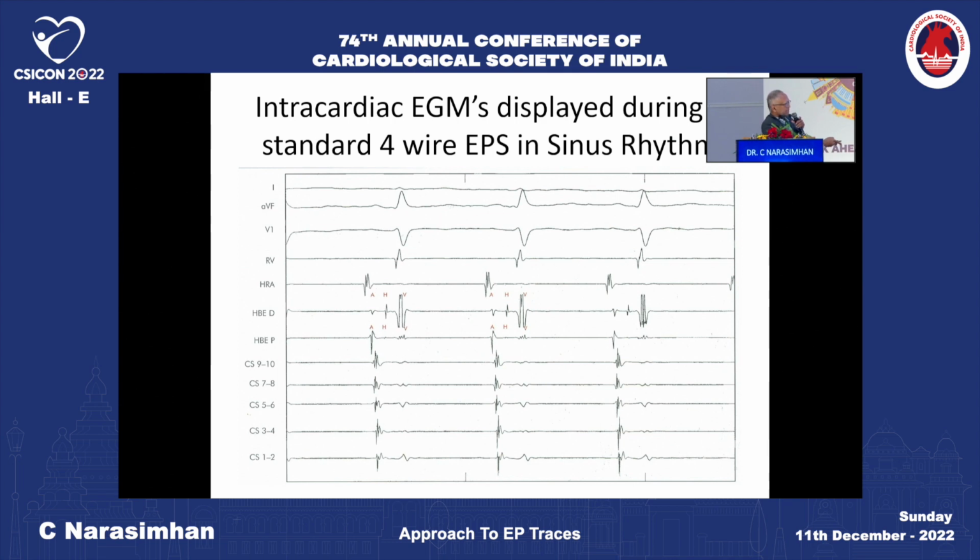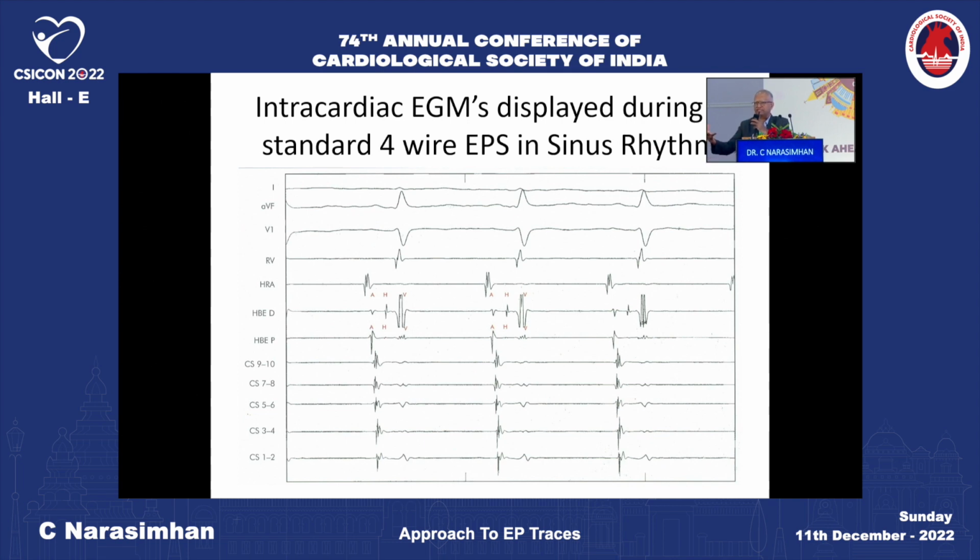If it is anything beyond that, that means your His bundle is diseased, where you see a splintered His bundle complex. And because the His is an insulated structure, till it goes and activates, I think all of you are aware, at the non-coronary cusp and the right coronary cusp level, you have a penetrating bundle of His, and from there it is like an electrical cable which doesn't dissipate the charge. You can't see anything there because it takes all the current to the distal left ventricular septum, and that's where the